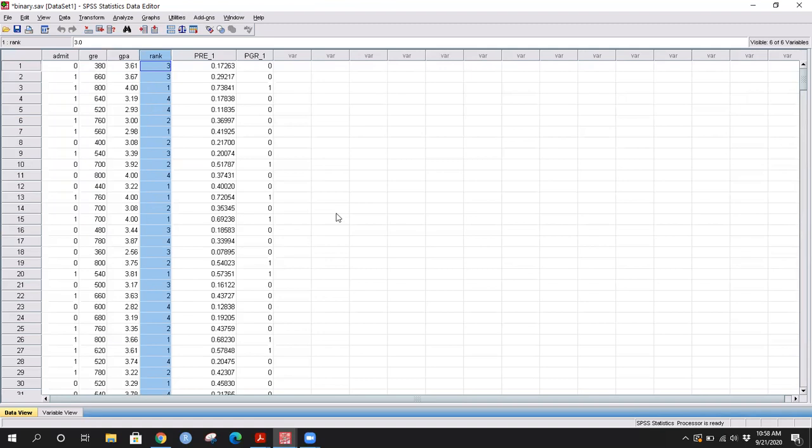So firstly, the logit model is trying to model on the dependent variable the log of odds ratio. The log of odds ratio means the natural logarithm of the ratio p upon 1 minus p, where p can be thought of as the probability of the event in the dependent variable happening. In my case, the event happening could be the person getting admitted to the college he is applying to, and 0 is 1 minus p. So the probability of the dependent variable taking a value 0 is 1 minus p, and that means the probability of the event not happening.